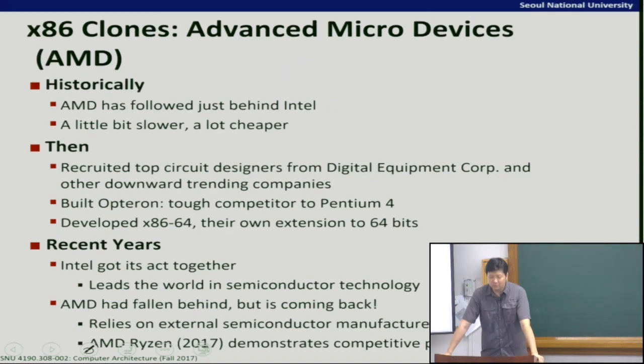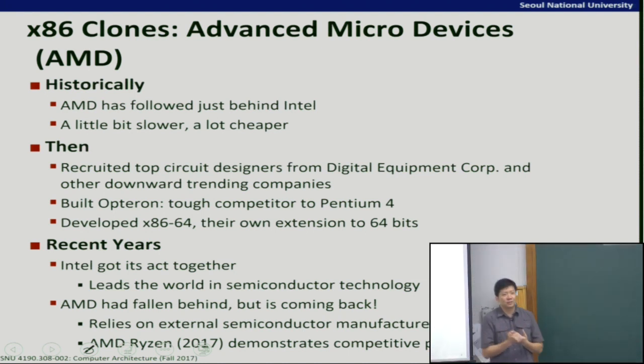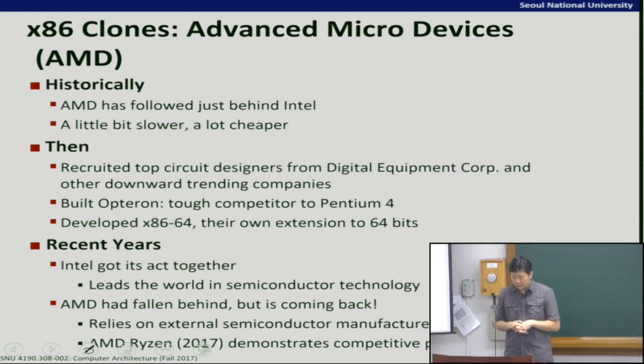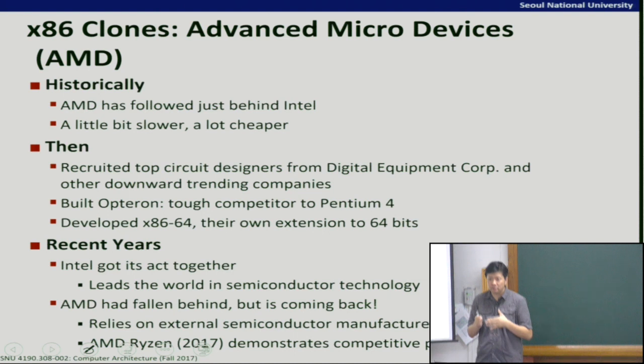What about AMD? You guys know it's very hard to find AMD PCs these days, but around 2010, AMD PCs were pretty popular. And also, I don't know how interested you guys are in the PC market, you have heard about the Ryzen processor recently. Ryzen is a new architecture coming from AMD, and historically AMD was actually an x86 clone. In other words, they build a processor so that if you can run this code on both Intel architecture and AMD architecture, it's a clone. I mean, they are compatible. They implement the same ISA,